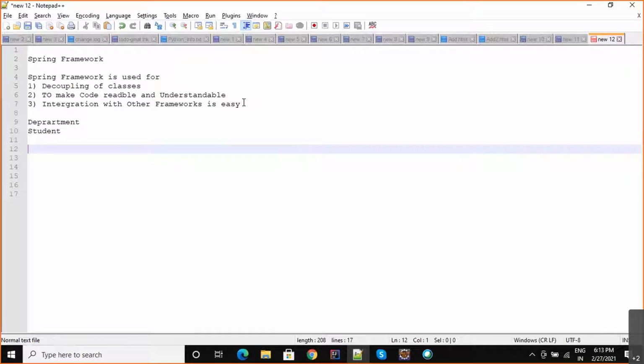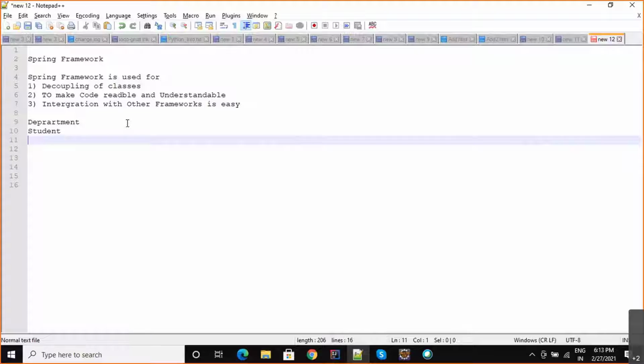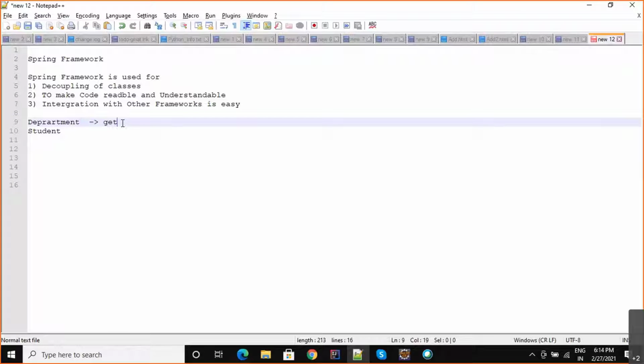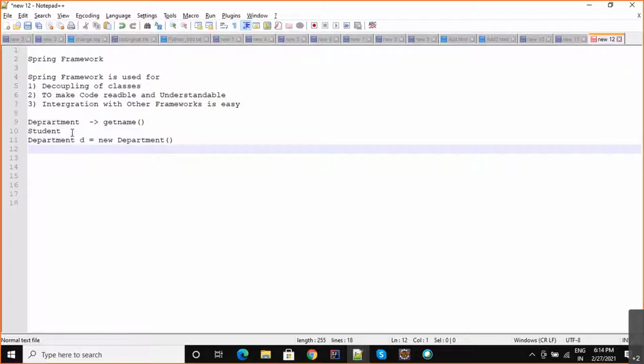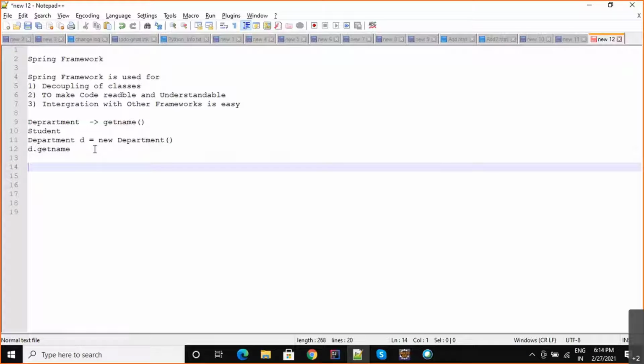Let's say I want to call a method from department, which has a method called getNames, something like that. And in the student I need to create an object of department, right? This is what we discussed. And then I told you that in the student class I would be doing d dot getName, something like this. So this would be a tight coupling scenario that we see before the introduction of